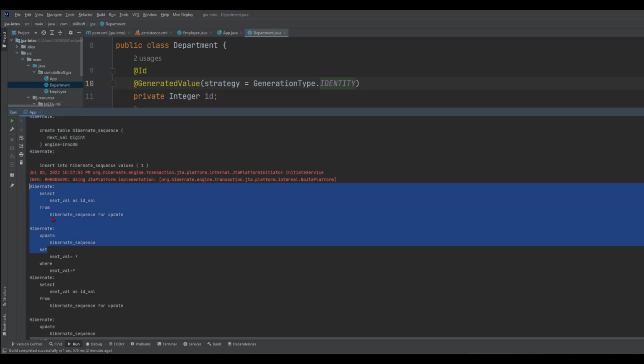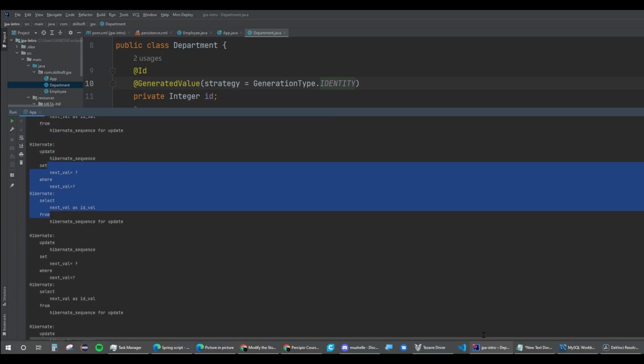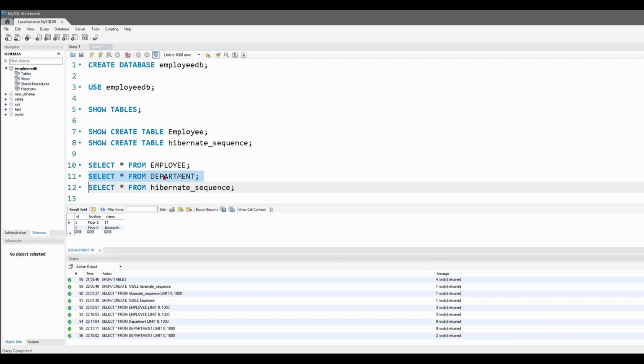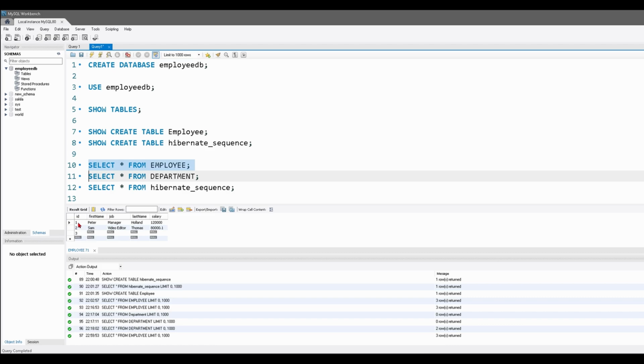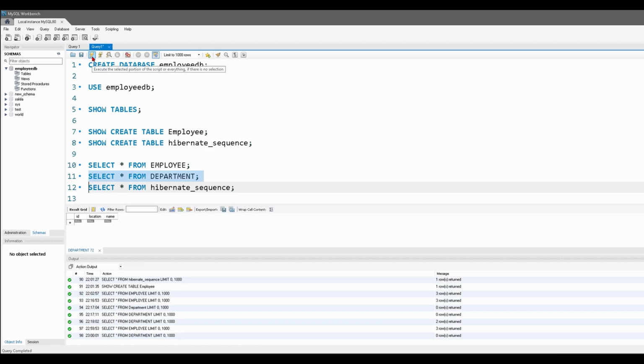So we're going to want to insert our values inside of here. We can go into our MySQL. We can go into our select star from employees. We can run this, and we can see we have 1, 2, 3. Our IDs are auto-generated. Now, if we do the department, we're going to see that it's empty because we have